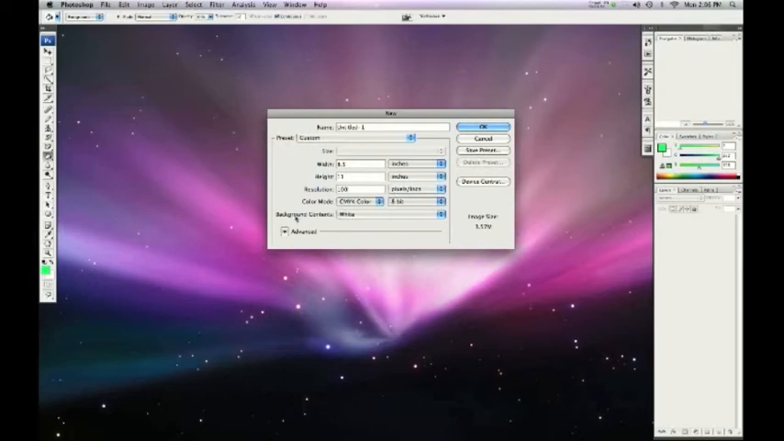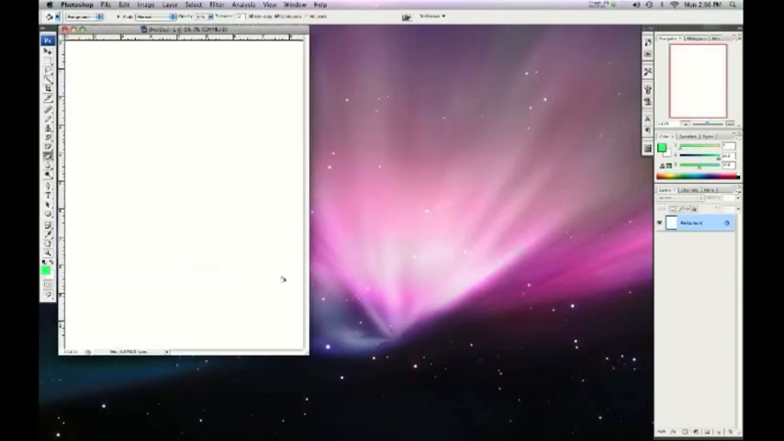Then we're going to go down here where it says background contents. We can either make it transparent, or we can choose the background color. I'm just going to go with white. So white is the default. So I'm going to go ahead and click OK. And now I get my document